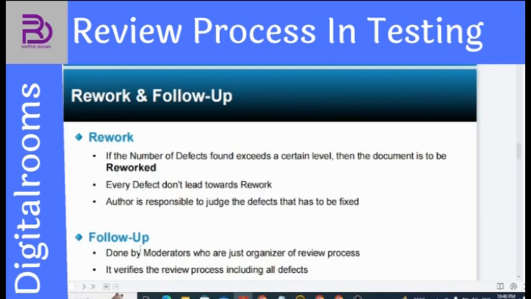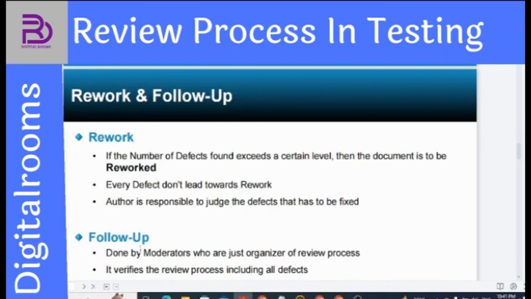Okay, now in the 3 phases we are able to come out with 6 defects in the same module, in the same function. So it is exceeding the minimum defect limit which exists as per the rule. So what will happen? It will be reworked, means whatever document has been prepared by the tester, it will be reworked again. The document needs to be corrected, the document needs to be